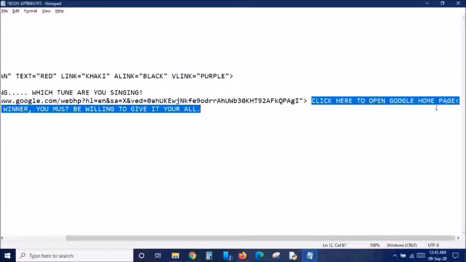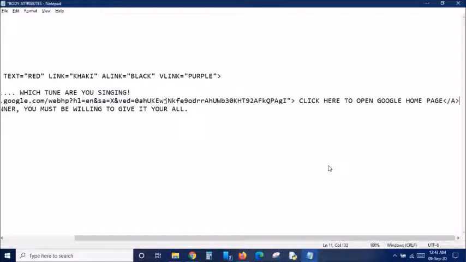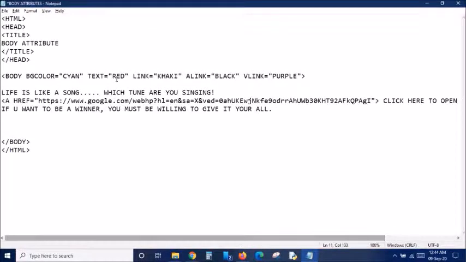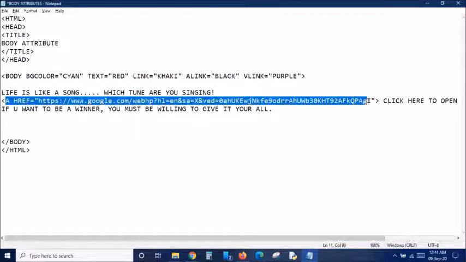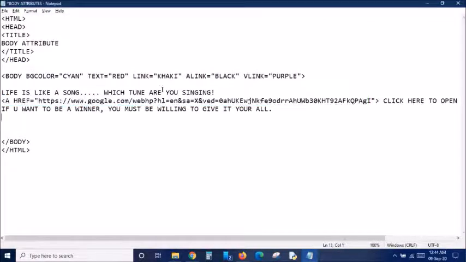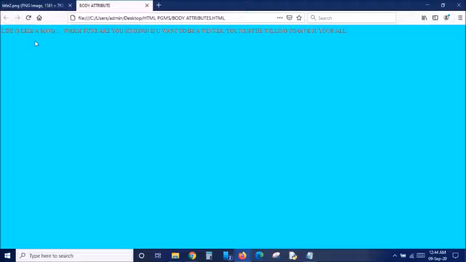I've just given "click here to open Google homepage." Now after this we have to close the a tag. Now we have added a link to our website. Now I'm clicking file and save, going here, refreshing the page.